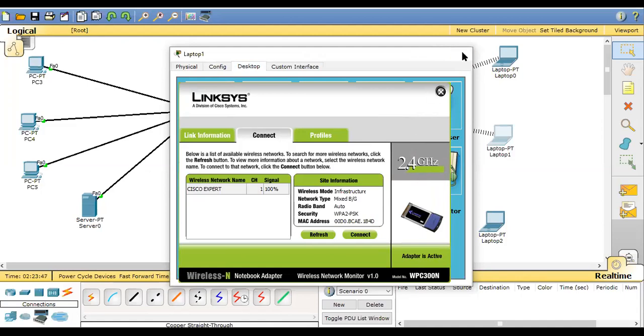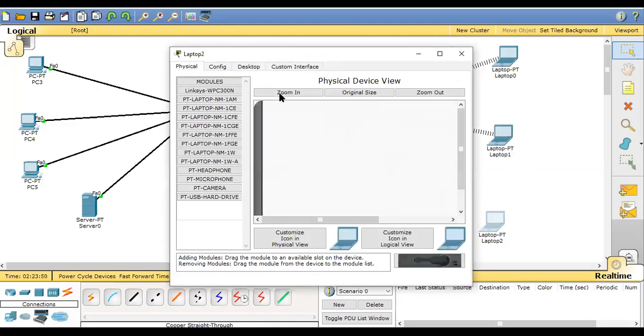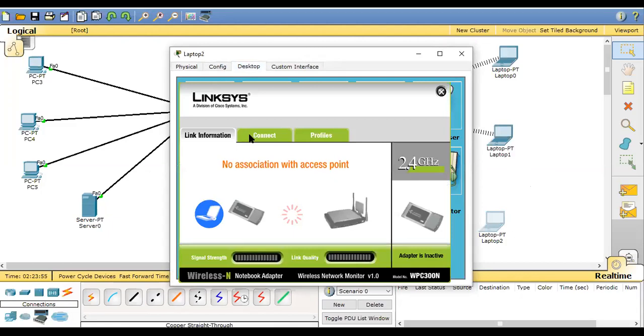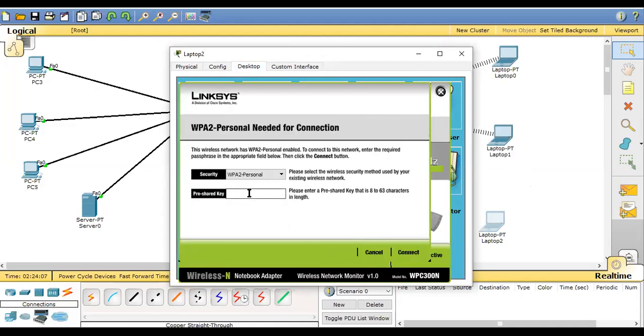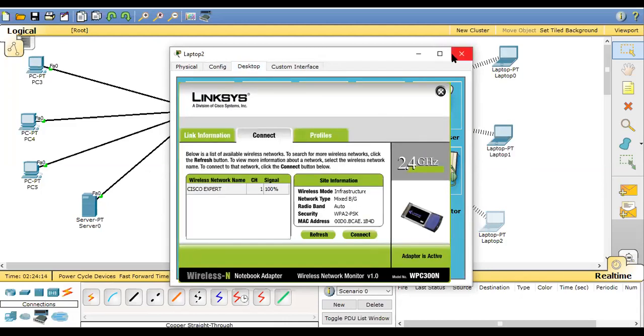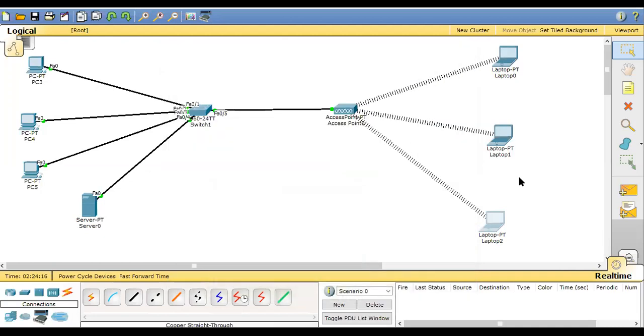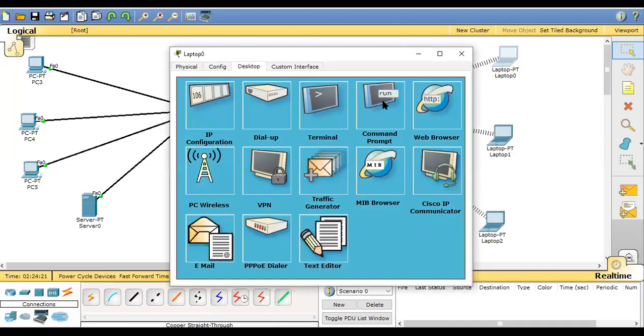I have explained this in the theory part of the course. 2.4 gigahertz is more about coverage, and 5 gigahertz is more about speed. So connect, and enter passwd@111, and connect. So I connected all the laptops with the access point.